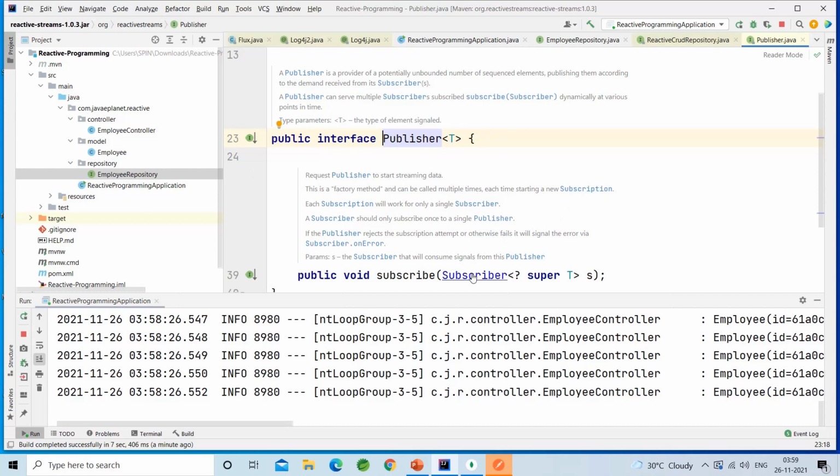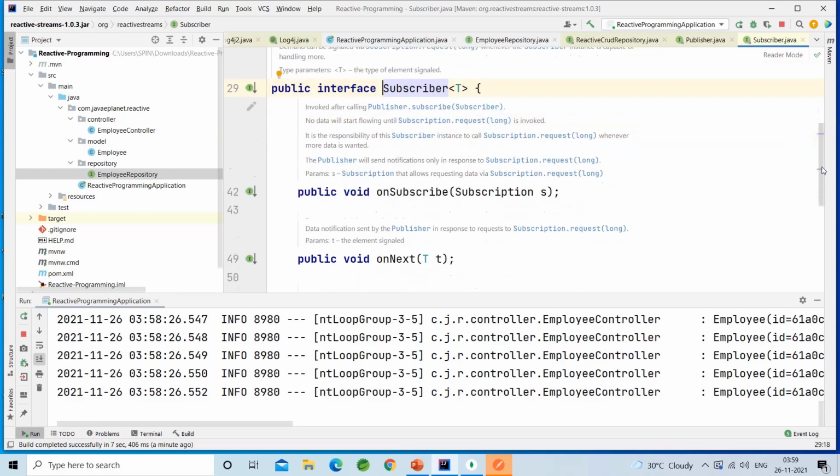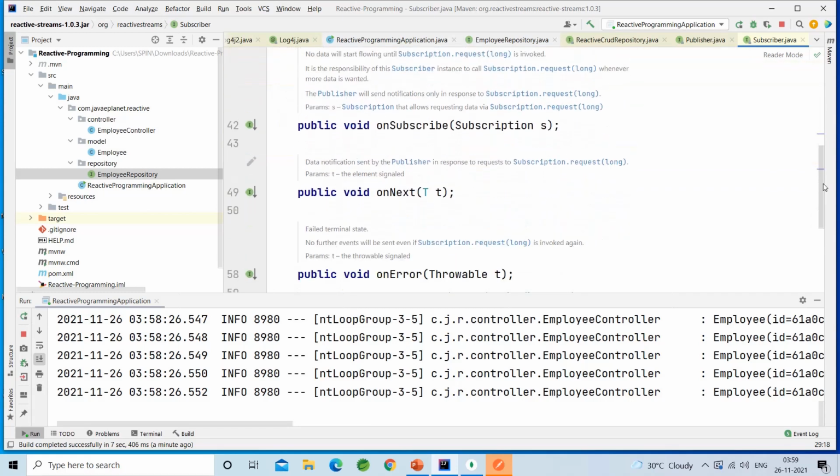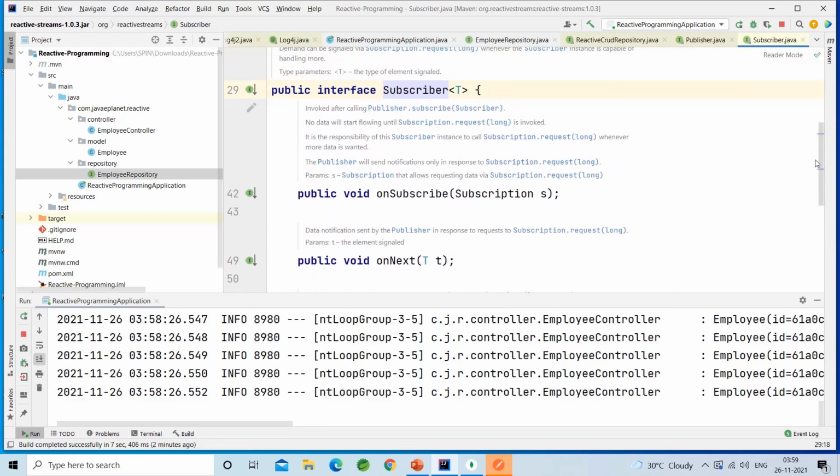See here we have the Subscriber interface, and we have a few methods: onSubscribe, onNext, onError, onComplete. When the subscriber consumes the data, it is given the next data in the onNext method.